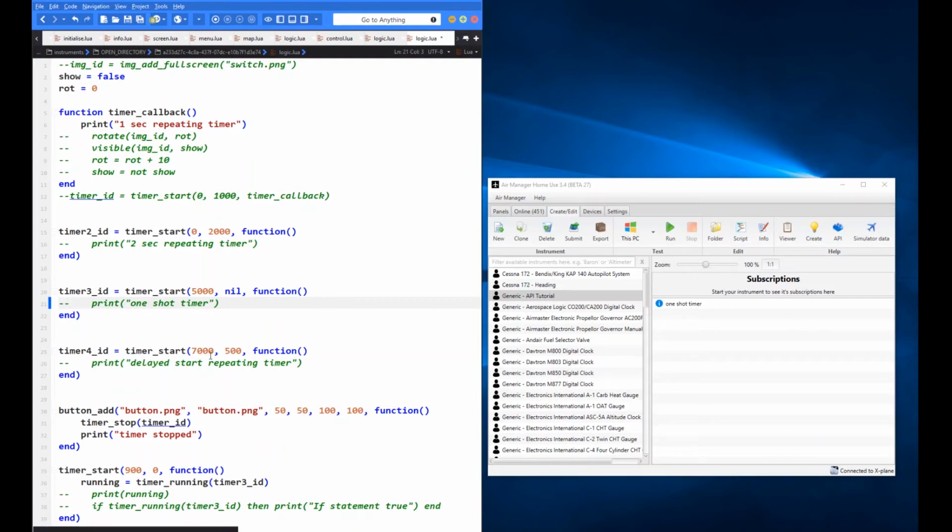So that's using it in the 1-shot mode. And then in this timer 4 ID example, we have a mixture of the two now. In the previous examples we didn't have any delay and we had a repeating period, and the same in the 2-second repeating timer. And then we had a delay but no repeat, and now in this example we've got a delay and a repeat. Okay, so we're saying we're going to wait 7 seconds, and then after that 7 seconds is up, we'd like to repeat every 500 milliseconds, please. So let's go ahead and see